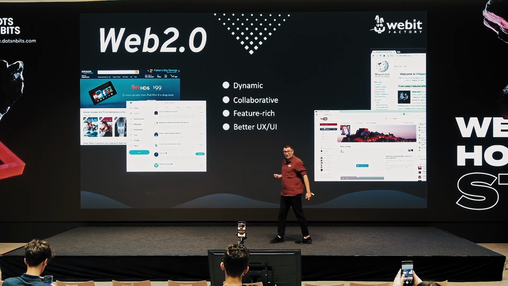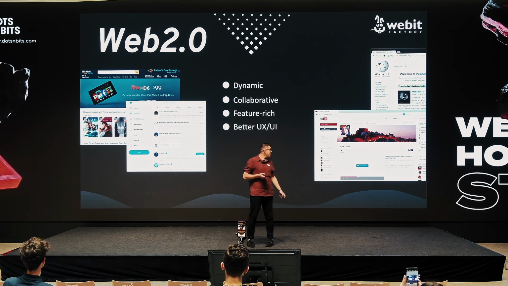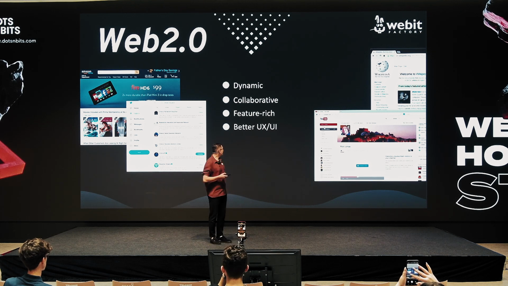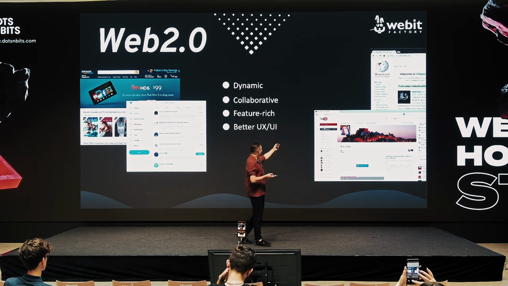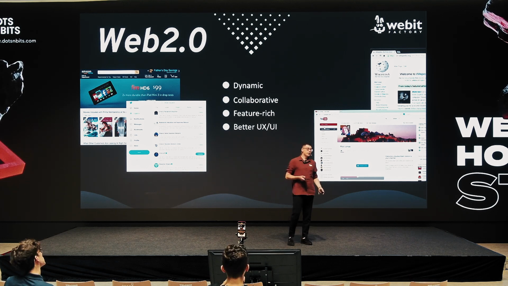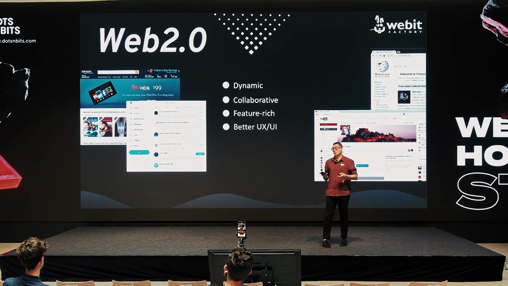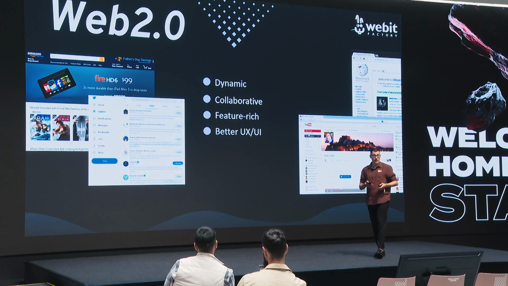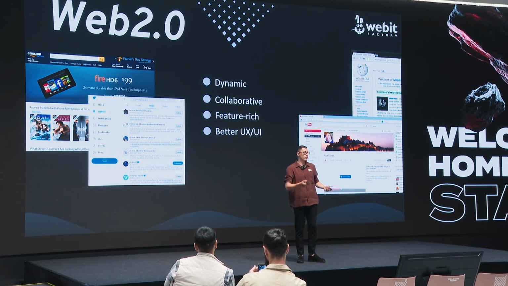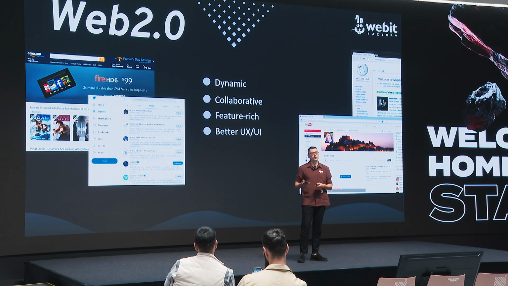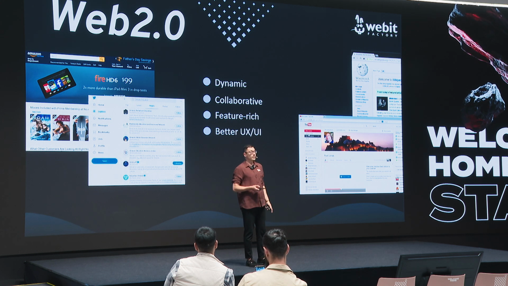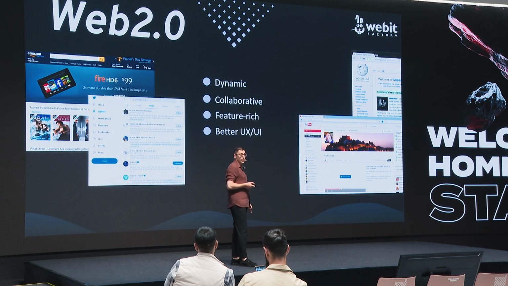Let's play once again: raise your hand if you recognize the images. Okay, seems there are a lot more people. Of course, we have Wikipedia, we have YouTube, we have Amazon, Twitter. These are web applications that we use almost daily, I would say, and it's pretty hard not to recognize them. But what's the difference between the previous websites I showed you and the current ones that are displayed right now? Well, these are Web 2.0 websites.